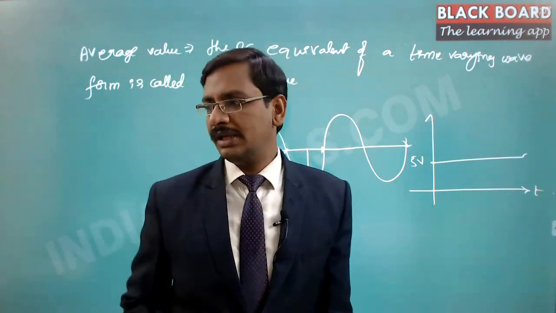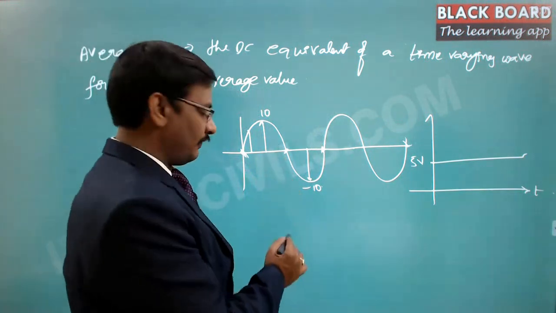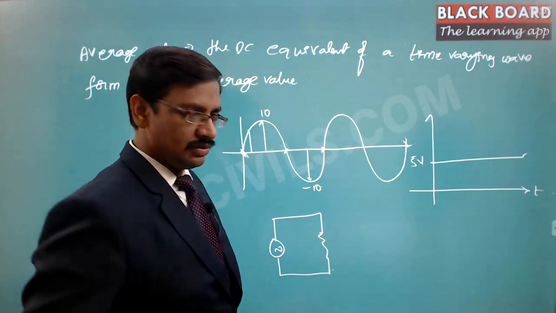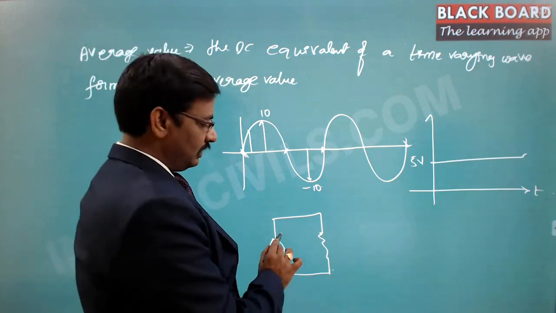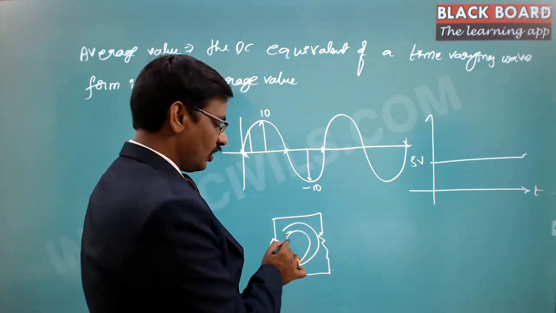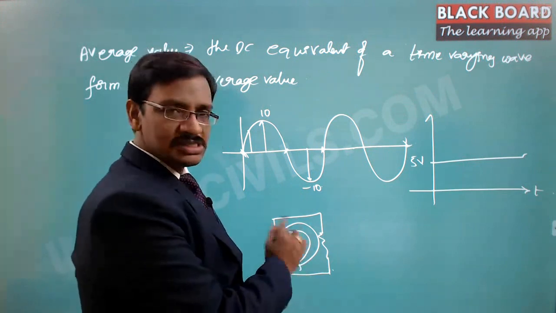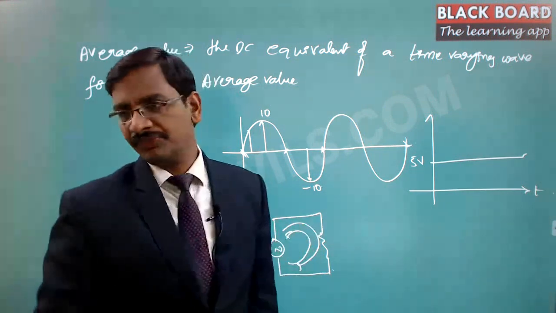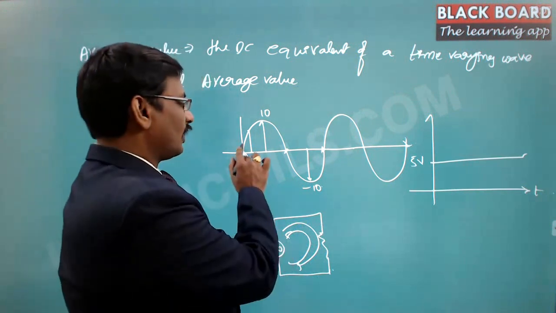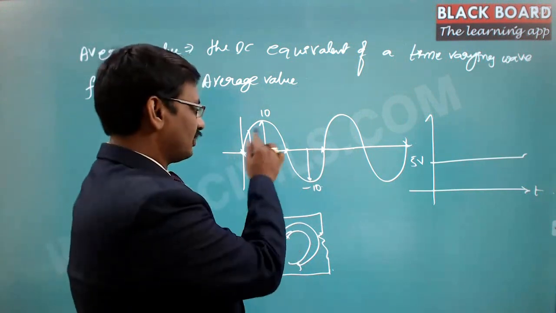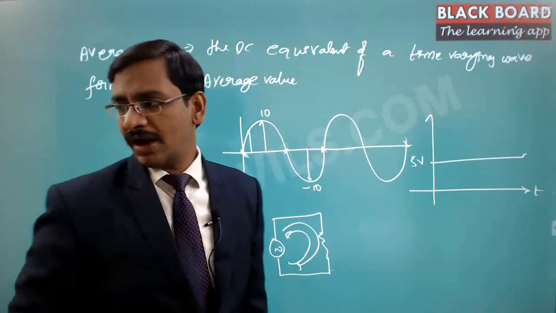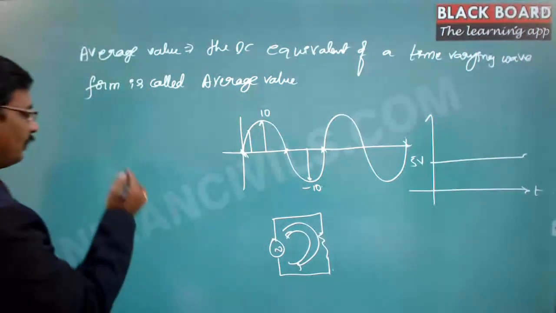Now in the case of alternating current, if I give it to any particular circuit, this is the alternating waveform given to the circuit. During the positive half cycle it passes the current in this way. During the negative half cycle it passes the current in the opposite direction, but it will have exactly the same effect in the forward and the negative direction. So if you try to find the average value of this complete cycle, it will come out to be 0. So the average value in this case is going to be 0, because you know that